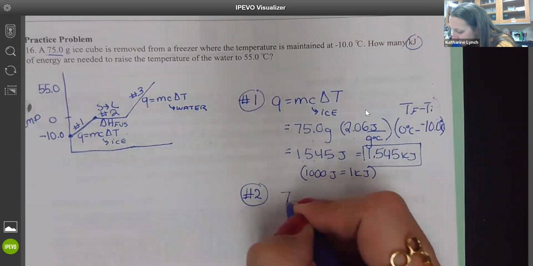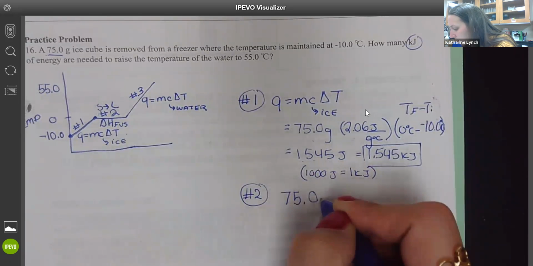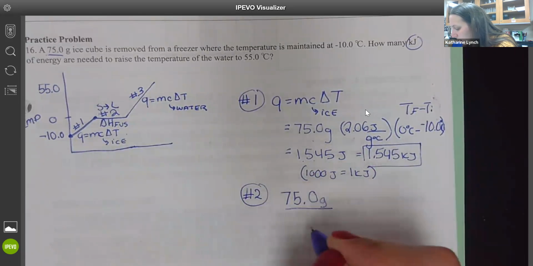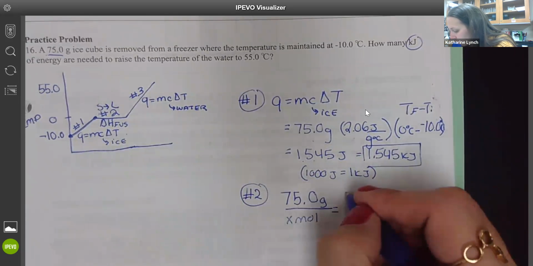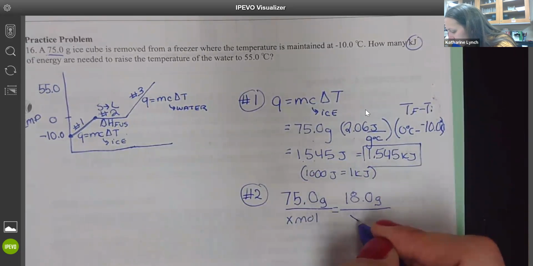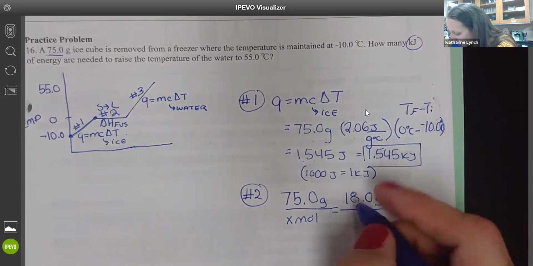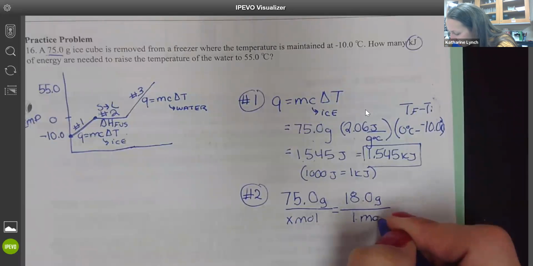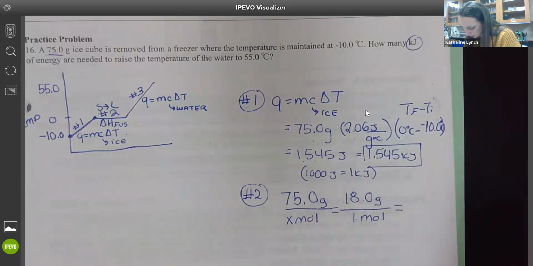Delta heats of fusion are given in kilojoules per mole. So I'm going to have to take my grams into moles. Review grams to moles. There are 75 grams of water. I want to know how many moles that is. There's 18 grams of water in 1 mole of water. Cross multiply, divide. I ended up with